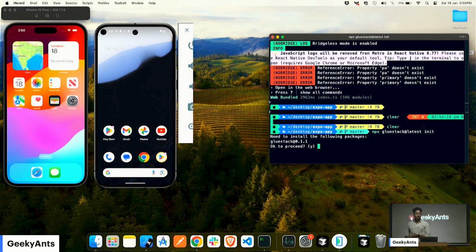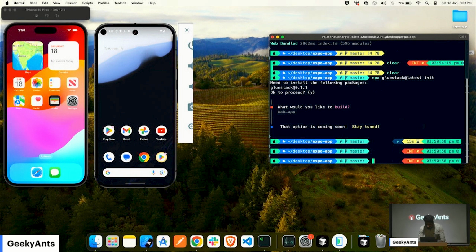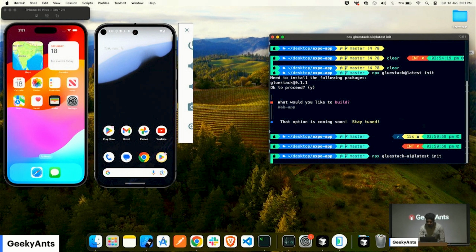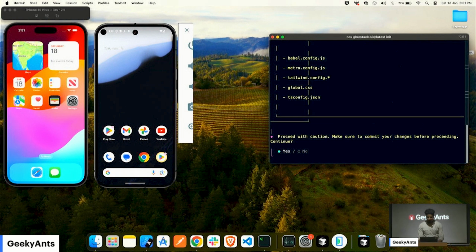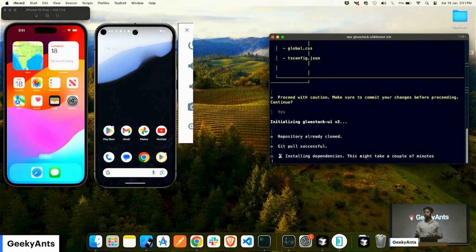Until Gluestack UI is getting initialized in our Expo app, let's have a quick go. Okay, I have written a wrong command. Sorry. npx gluestack-ui@latest init. Okay, so until Gluestack UI is getting initialized in our Expo app, let's go through